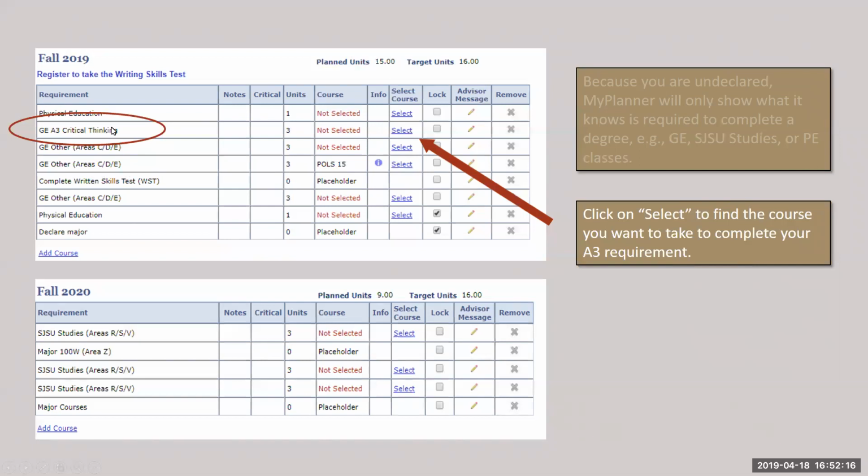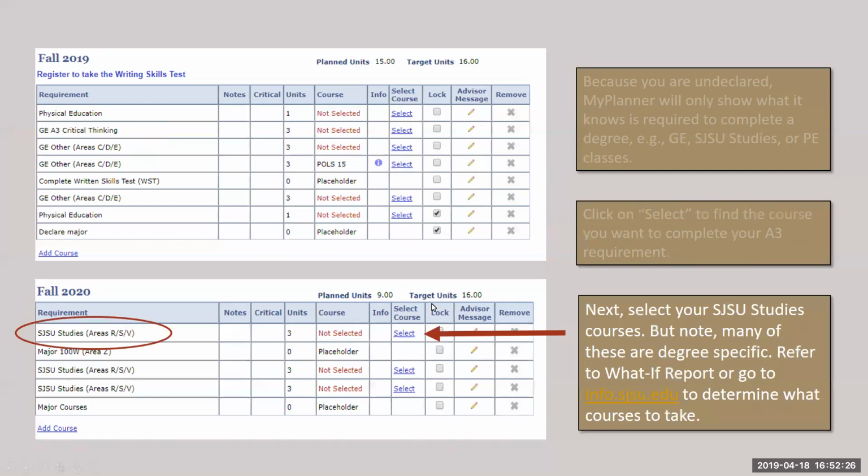So maybe for a business major, they're going to take English 2, and so they select it, and it'll pop up here, okay? After you do that for the GEs, you want to do the upper level GEs, okay? So let's say areas R, S, or V. Now you need to be careful here because many of these courses are degree specific. So you need to find out which courses are required. You can do that by going to